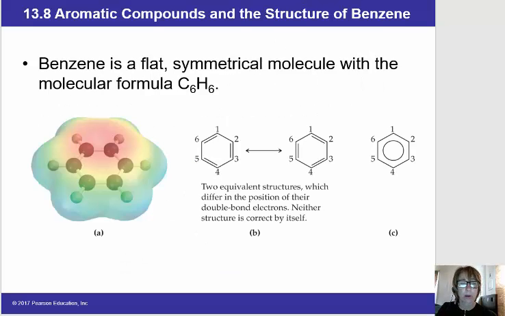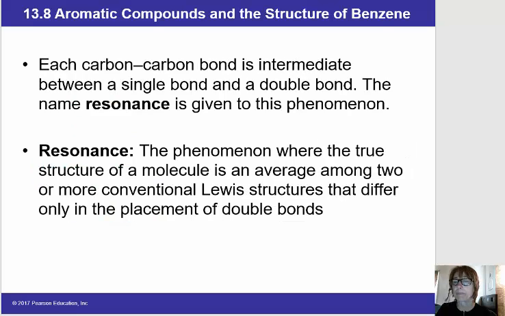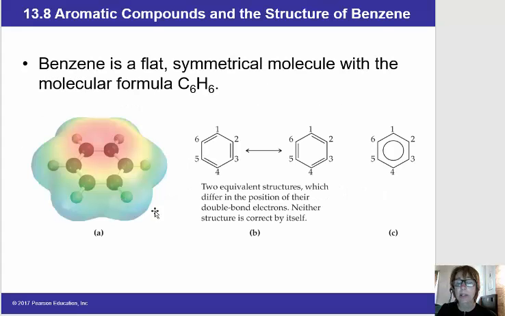Now, we refer to this concept or this process as resonance, and you can recognize that resonance is going to happen anytime you can draw a double bond in more than one place on a molecule. So if we look at these 2 line structures with the double bonds for benzene, we see double bonds between 1 and 6, 2 and 3, 4 and 5. We also see double bonds between 1 and 2, 3 and 4, 6 and 5. Both of these are absolutely correct, but since every single carbon atom can be drawn with a double bond, then